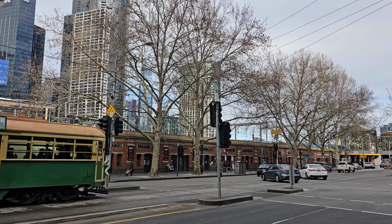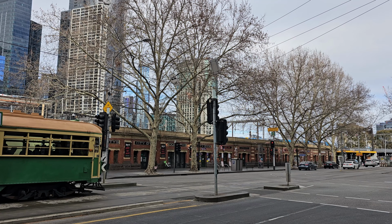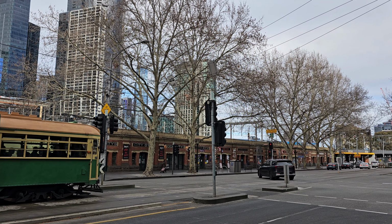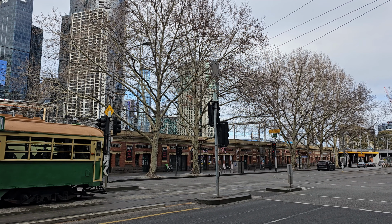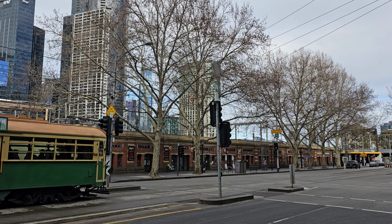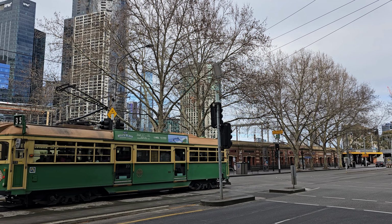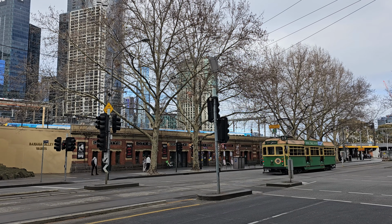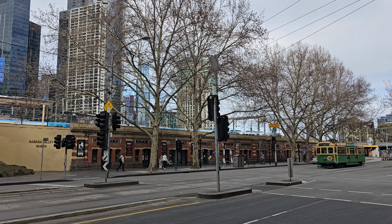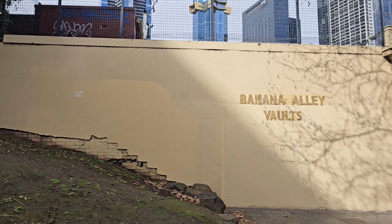Stand at the corner of Queen and Flinders Streets in Melbourne and look up at the railway lines overhead. Beneath the constant rumble of trains, there's a long row of brick arches that most people barely notice. This is Banana Alley. There are no fruit stalls here now, no market chaos, no sweet smell of ripening bananas. Just a line of weathered 19th century vaults, tucked between Queen Street and King Street, quietly holding a very different